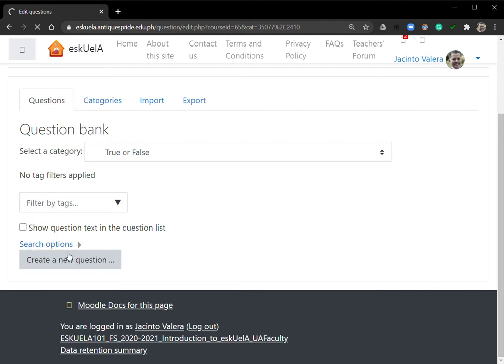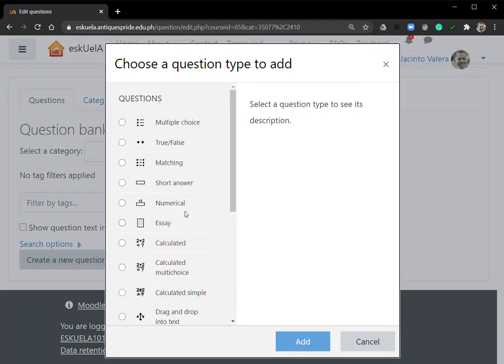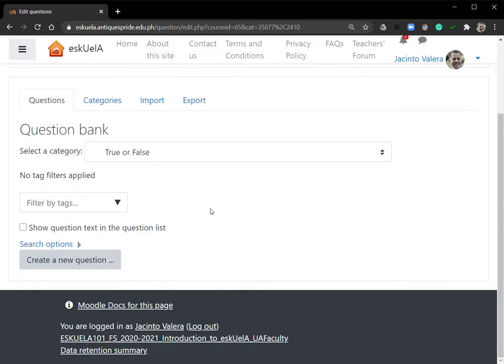We can either create a new question, click the button, and then select the type of question that you want to use, and then the same process that you have undergone during the training. But this tutorial is not only about creating individual questions, but is also about importing questions. So we go to Import,